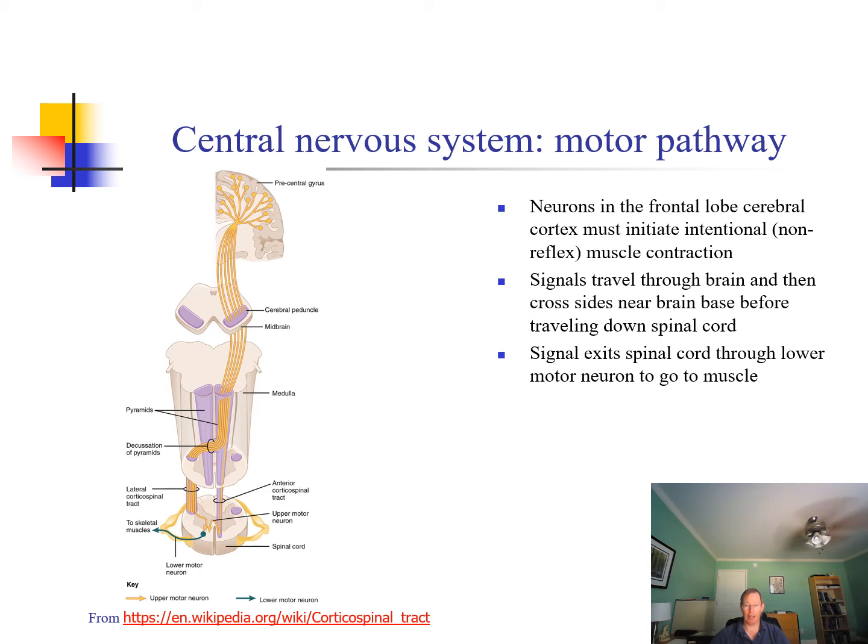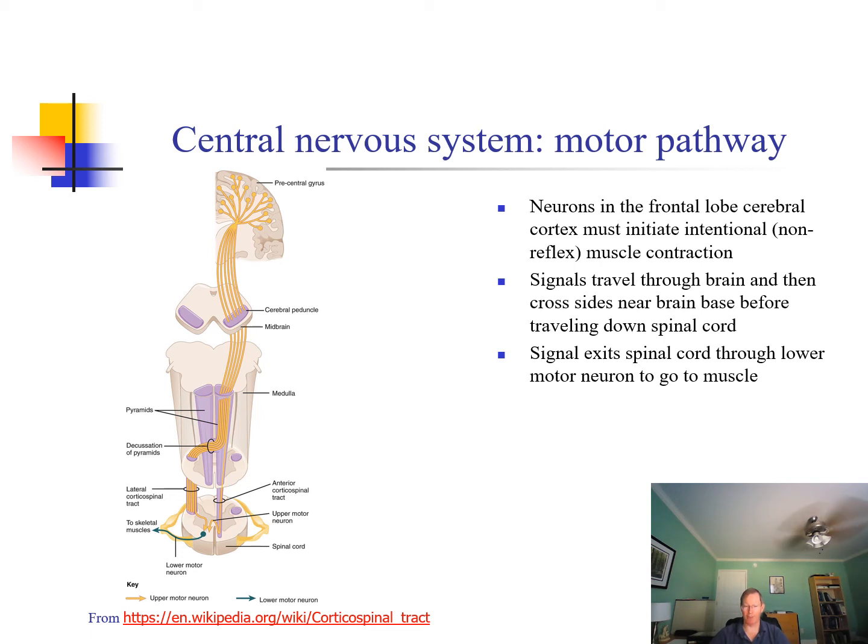So if I have a signal that says, flex my index finger, that signal is actually originating on the opposite side of my brain. And in this case, since it's a motor function, it's in the frontal lobe. It travels down, and at the base of the brain, it crosses over. Why? You can have lots of arguments for why, but I'm simply describing that it does actually cross over